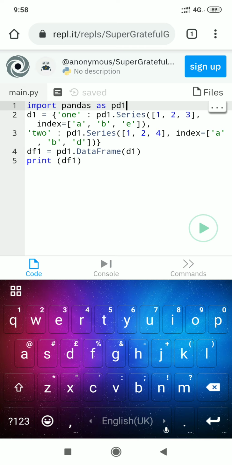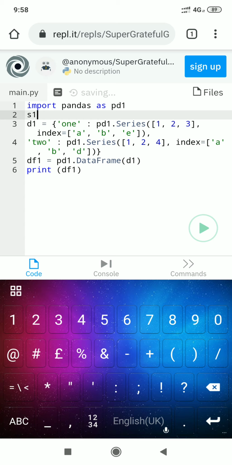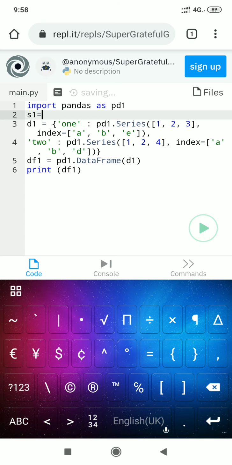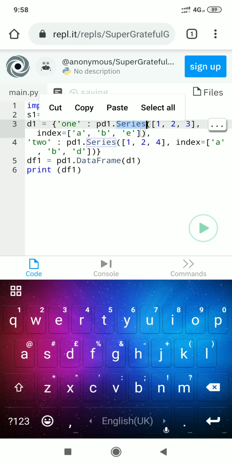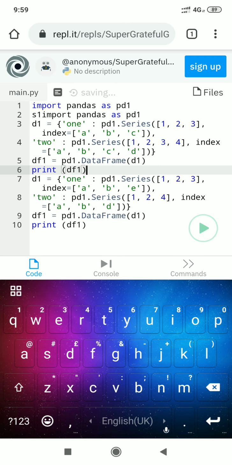Dictionary of series. Series can be created earlier also, just like that we are creating series as 1 equal, and then here what we are doing, okay, copy, here we are passing, sorry.